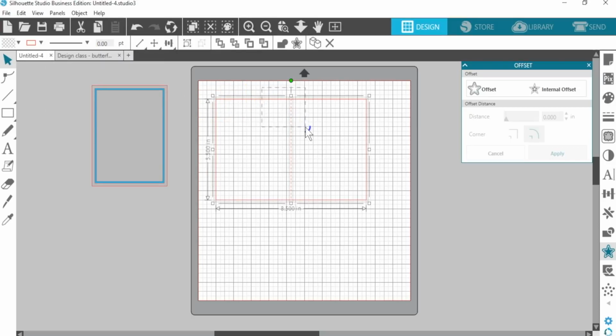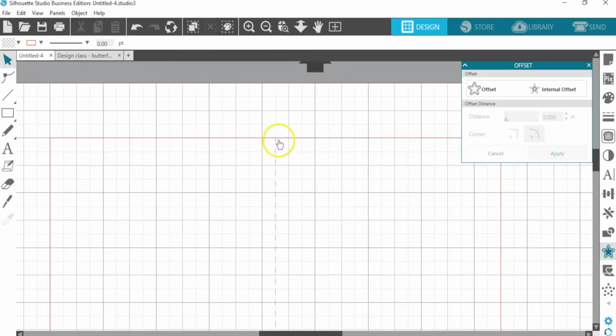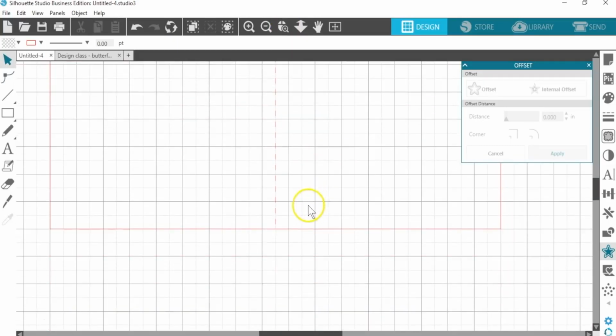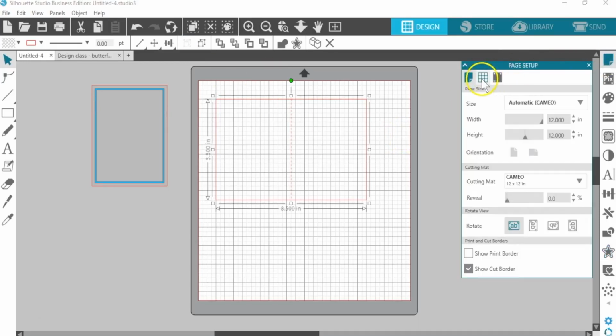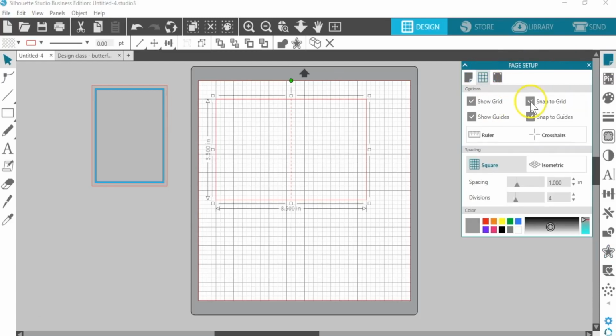Now let's make sure the line is centered exactly within the card base. I'll select both those together, and in the Quick Access toolbar, I'm going to Align Center. I'll zoom in and just make sure those lines are where I want them. Group those together, and now I have a card base and several layers to go on the front of my card. At this point, I can turn off Snap to Grid back in the Grid panel. We don't need the snap points active anymore. I'll also make those grid lines a little lighter.